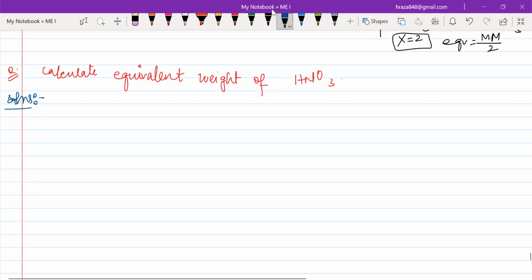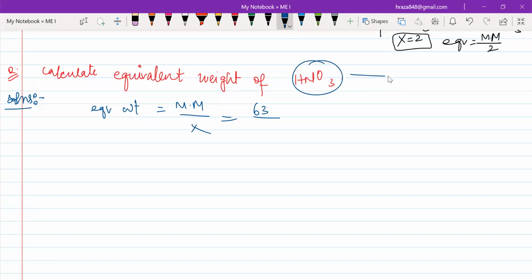Are you done with this? Yes, sir. What is the answer? Sir, 63. Very good. Equivalent weight has a formula: molar mass upon X. So the molar mass of HNO3 is 63 and it is an acid. If you are going to see, it will give only one